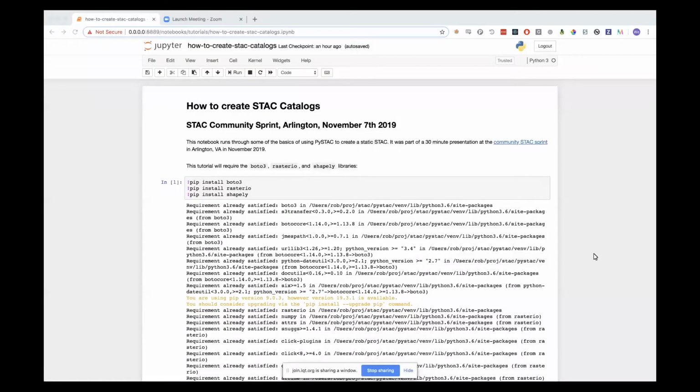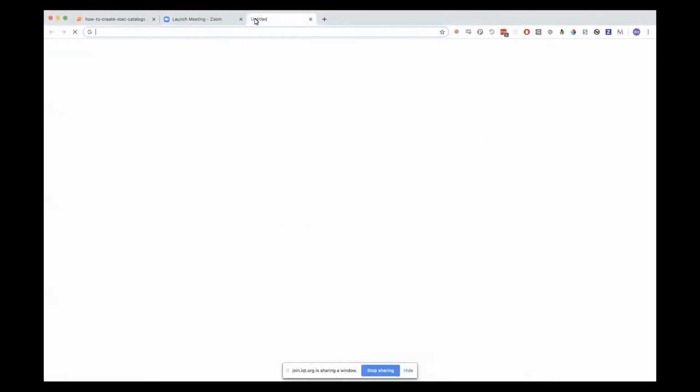Showing how to use a library called PySTAC to create static STAC catalogs. So I put together this notebook yesterday, so apologies if there's any errors. It's up on the docs site. So first off, I'll just show